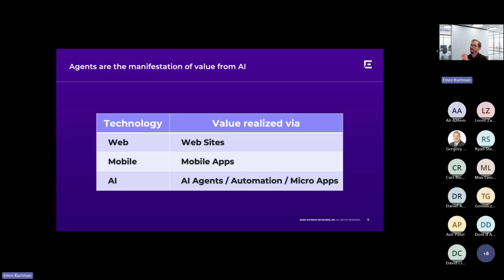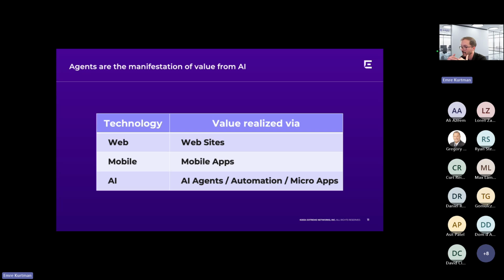We think that agents are actually the manifestation of the real value that we will be getting from AI. If we compare with other technologies, with the web, for example, if there are no websites, the web technology in and of itself doesn't really provide any value, right? Same with mobile phones.